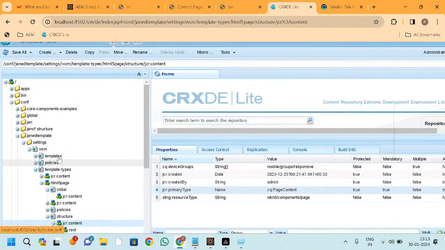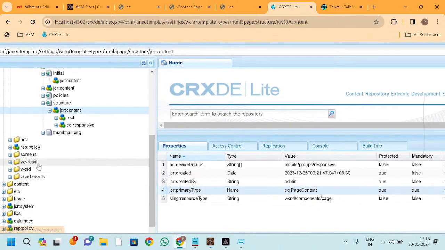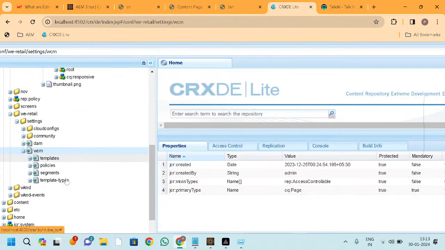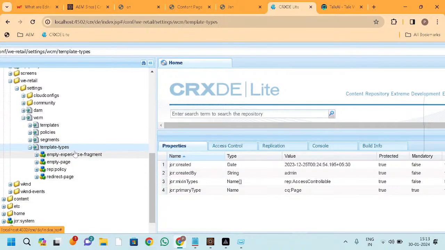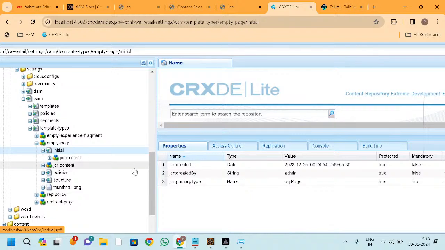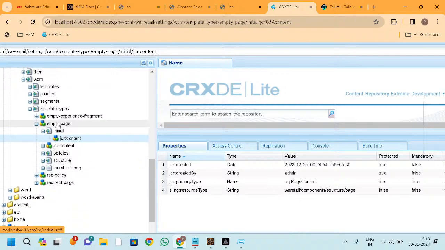If we are getting any doubts, maybe we have a VRTL somewhere, it's out of the box. Just go there, settings and WCM, and here you need to find out the template type. Just click here. Once you click, you will see all these things, initial and this content. See, they are using this VRTL component structure, and the page they are using. Copy this one,